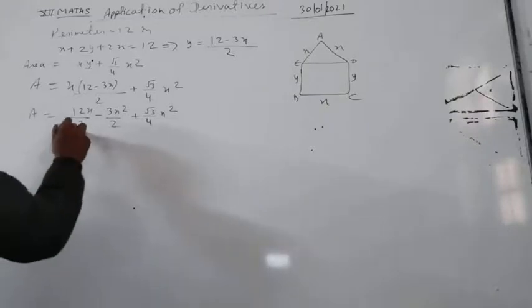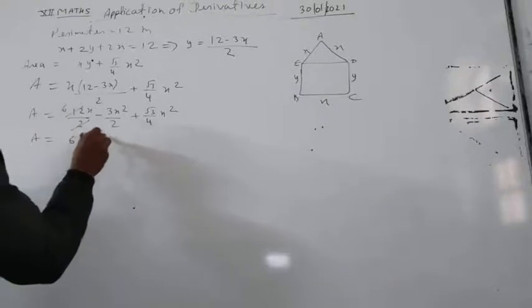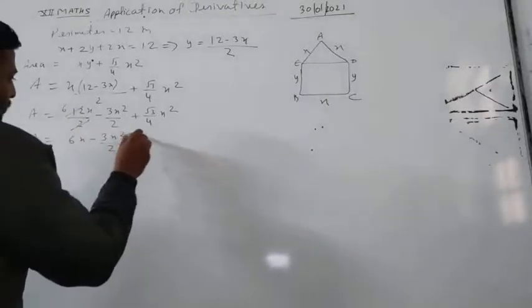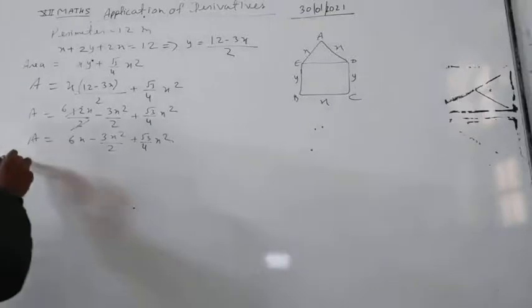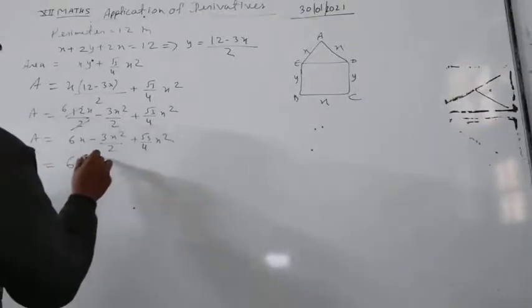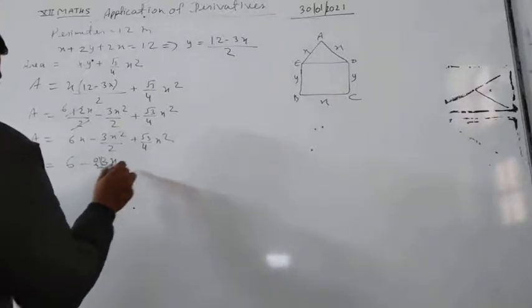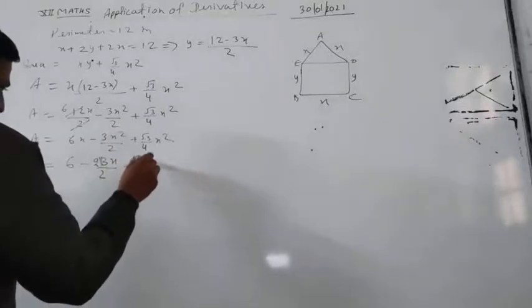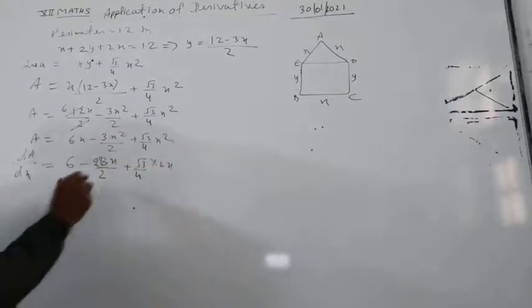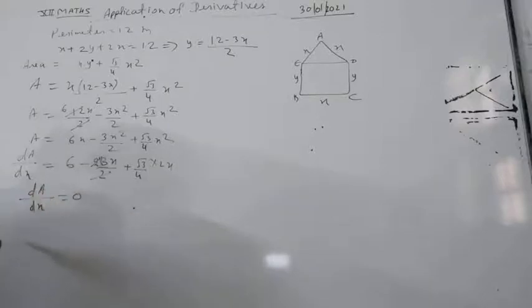So students, we are saying that this is cancelled. We get A = 6x - 3x²/2 + √3/4 x². So students, we differentiate this with respect to x. So 6 - 3/2 into 2x. Okay students, so from here, for maxima or minima we always use dA/dx = 0. So we are getting 6 - 3x